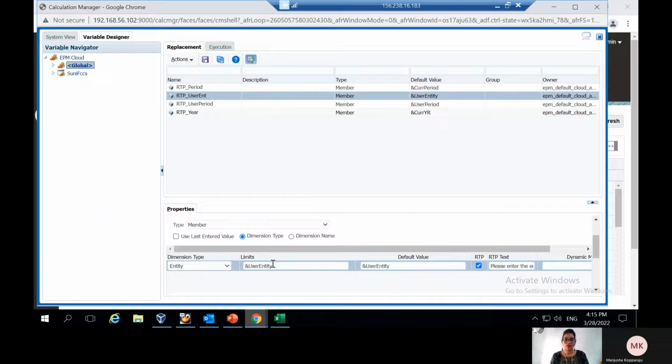If I give this user limit, user entity variable under limits, the user can access only the entities whatever he has in the user variable of user entity. If I remove this, he will be able to access all the entities. That is how we can limit the entities which he can access. So I'm clicking on save